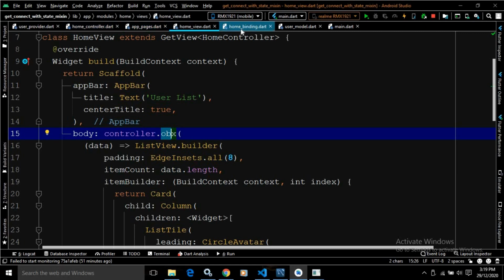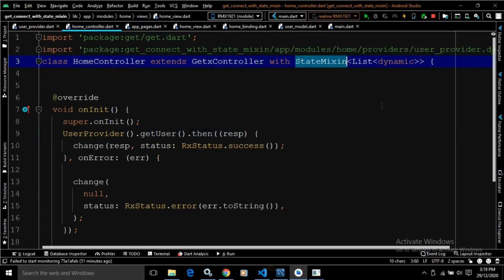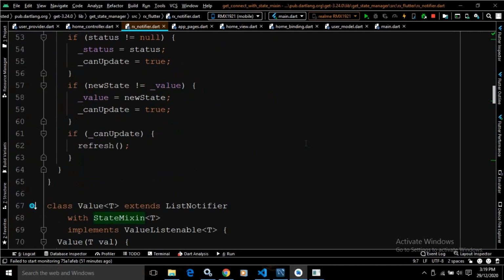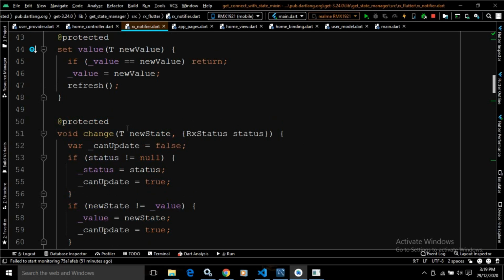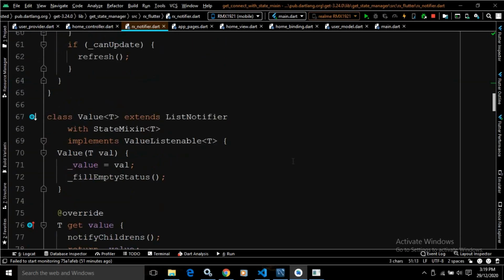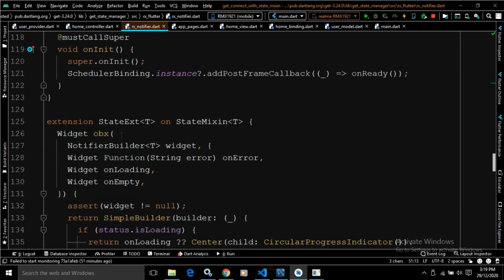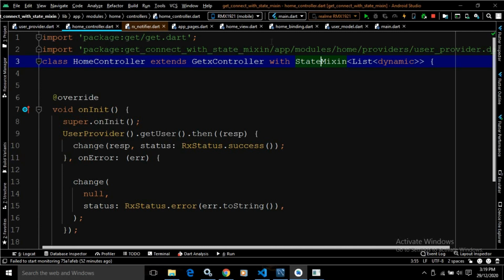If I go to home controller, then go to the state mixin and scroll downwards, you can see the change method is there, and if I scroll further downwards, you will see that the obx widget is there. So we are calling controller.obx. Now let me go to home view.